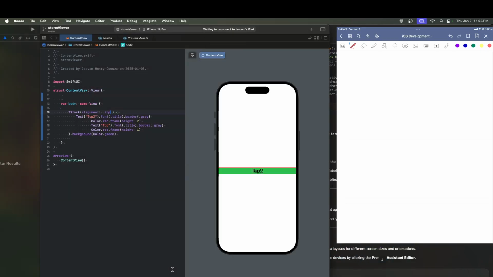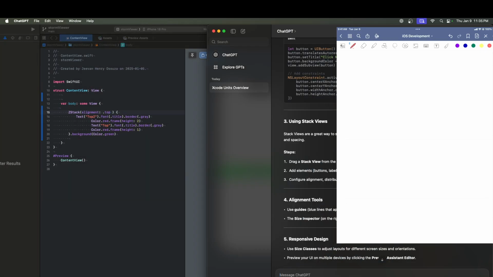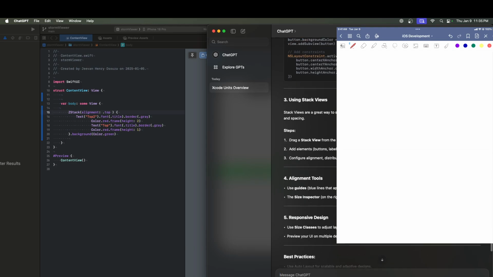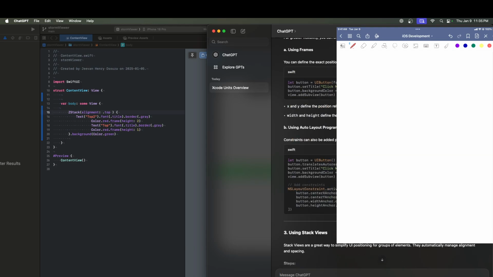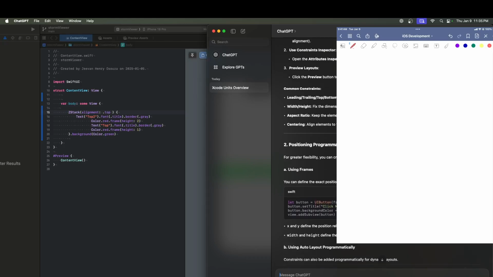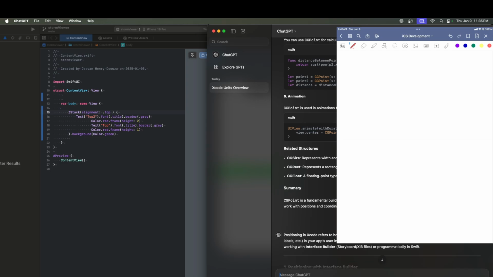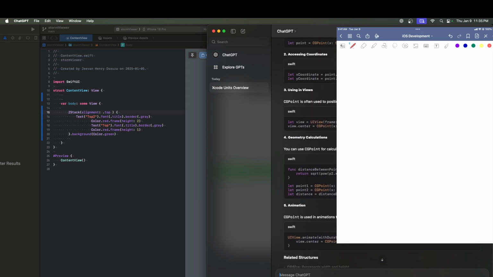So continuing our journey in Swift, now we are going to position the elements, but before positioning, we need to learn something about some units in Xcode. Okay, now let's see about